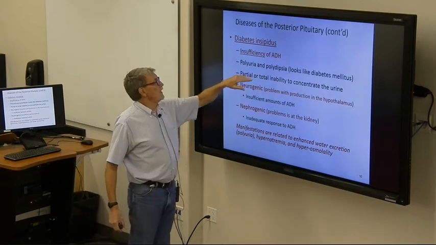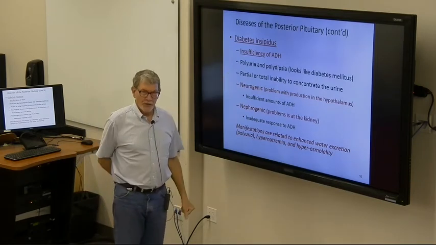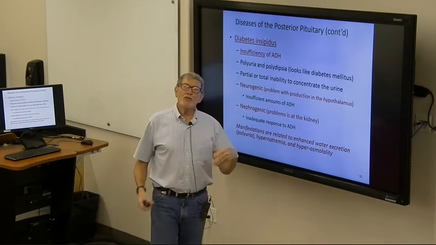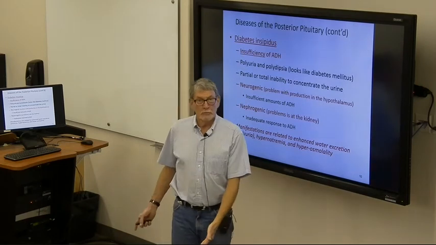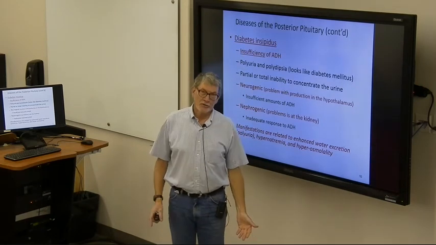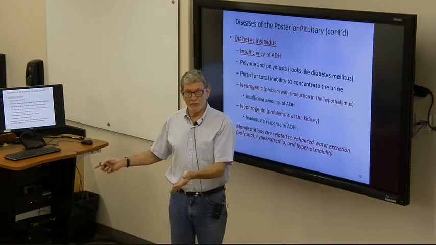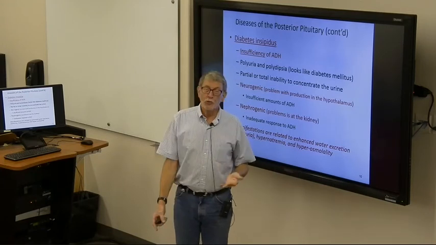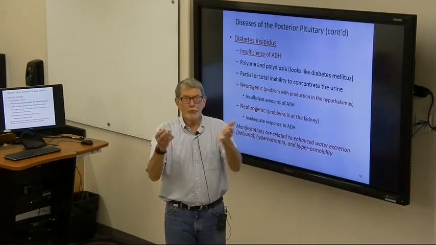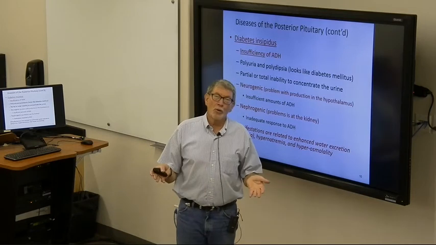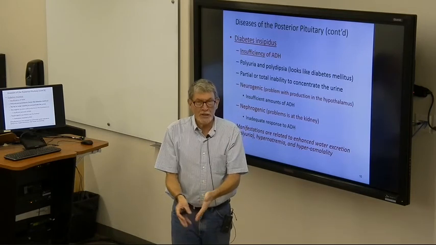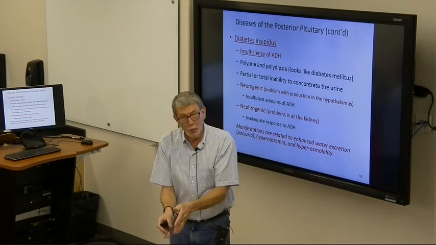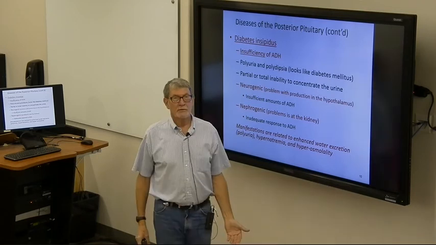Not enough ADH is called diabetes insipidus. The term diabetes means too much water. You pee too much. Diabetes mellitus is caused by having too much glucose in your blood. When it goes to the kidneys, you can't reabsorb it all, so it goes out in your pee, and the osmotic forces pull more water in,